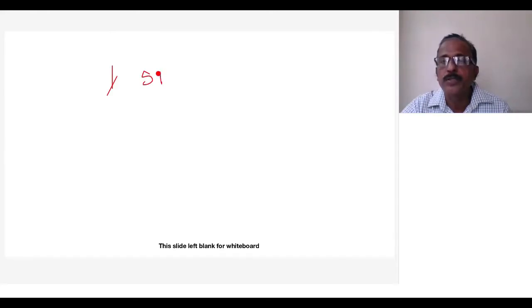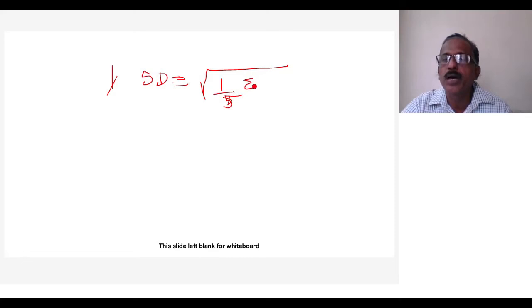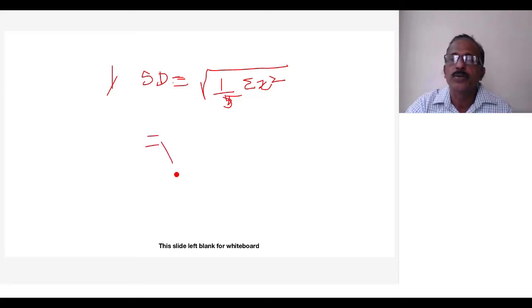Then the standard deviation is equal to the root of 1 by 5, where the number of observations n is equal to 5, into sigma x square. X bar is equal to 0. Therefore, the formula becomes: standard deviation is equal to square root of 1 by 5 into sigma x square. X minus x bar is equal to 0. Therefore, x minus x bar the whole square is equal to x square. So that is equal to square root of